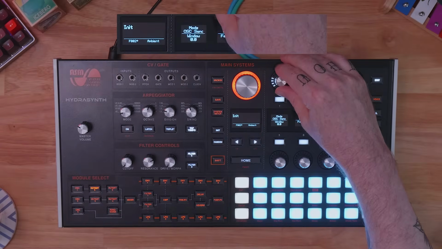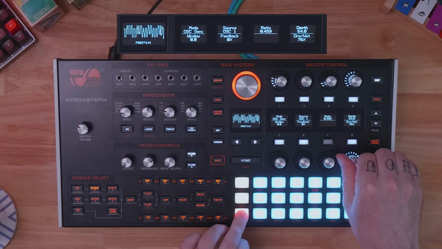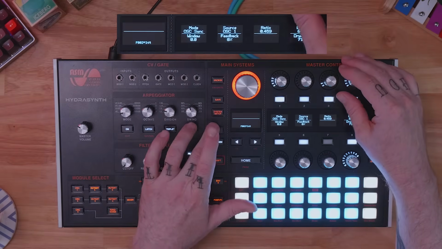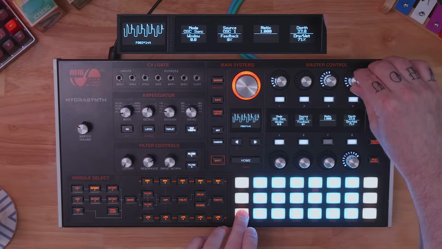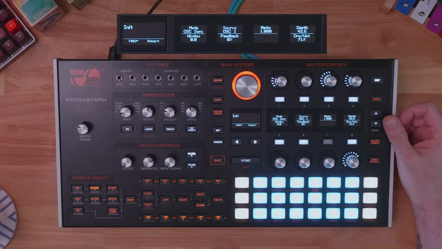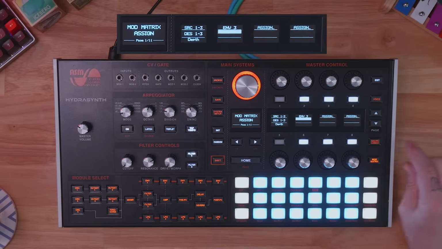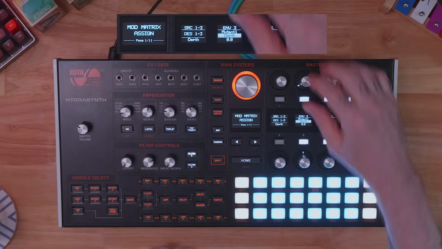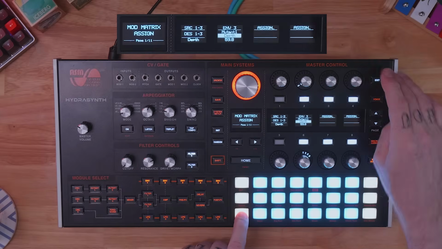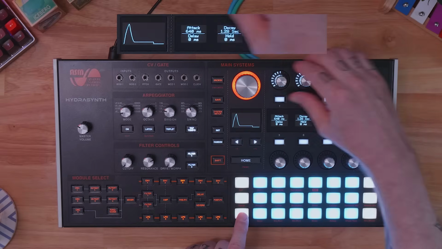Sync is really great on here. Sync is a very classic sound you've probably heard before. What I'm going to do is turn this up, initialize this ratio. That metallic kind of sound right there, I guarantee you've heard that in a Daft Punk song, or I think the Cars used it a whole bunch. If we go to Mod Matrix, assign envelope 3 to Mutant 1 depth, we can get, let's adjust this real quick, that classic sync